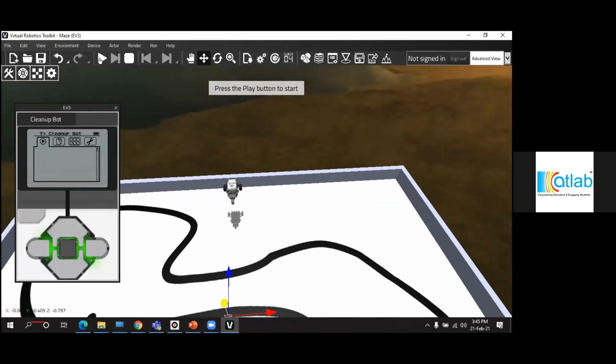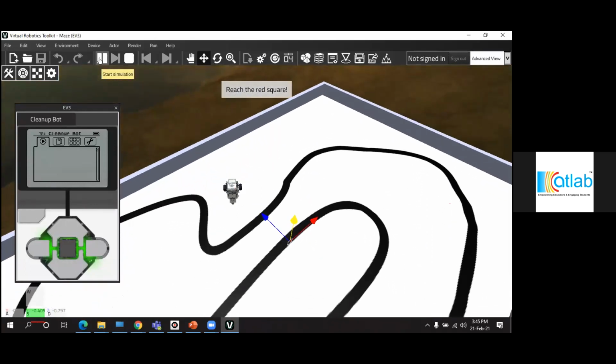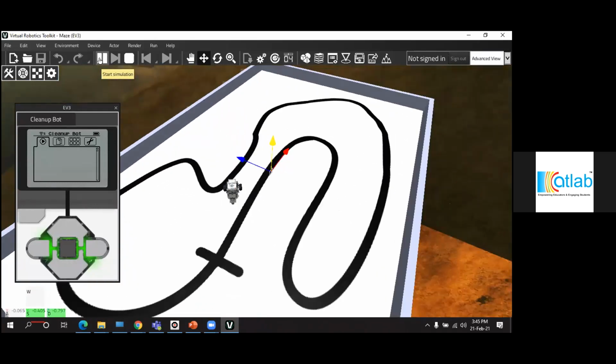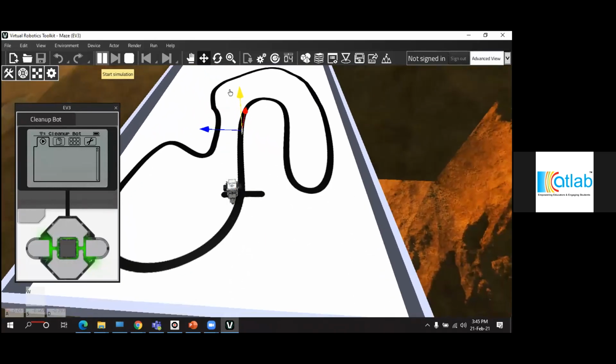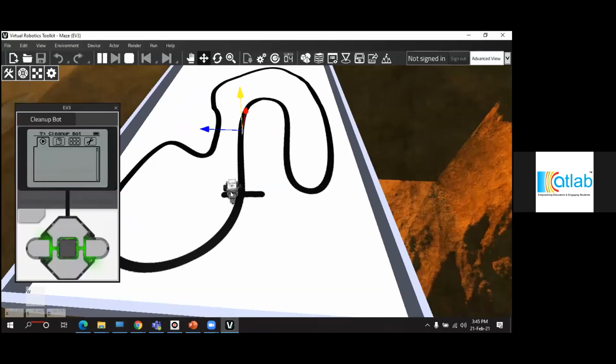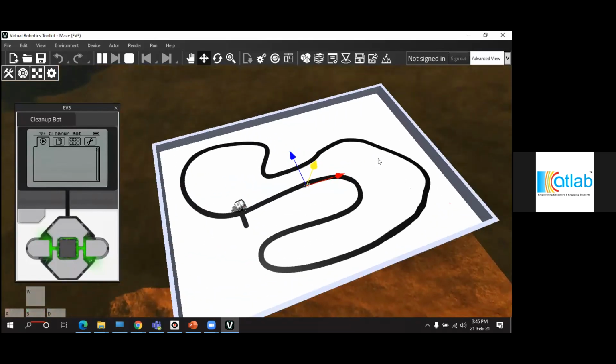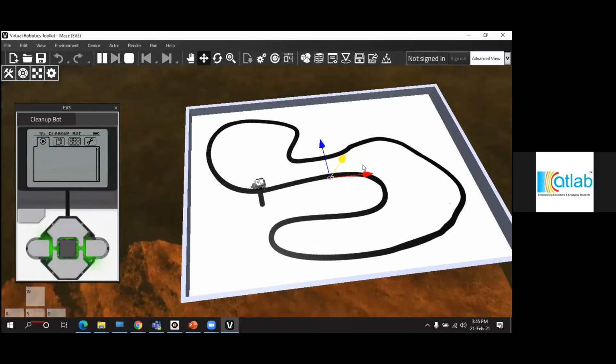I'm going to click start simulation, and here's a robot. So our robot is on the mat, and then our mat is ready for the practice. So now what you have to do is go to the VRT Software, program your robot, do the line follower coding, download the program to the robot, and then run the program, and then the robot will execute the program. Okay, so this is the procedure for those who do not have the registered competition.